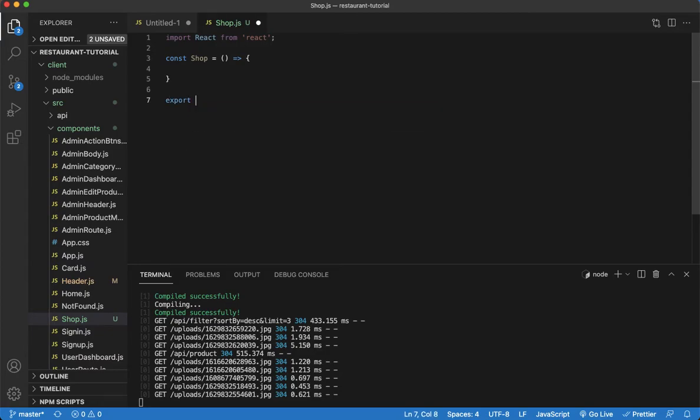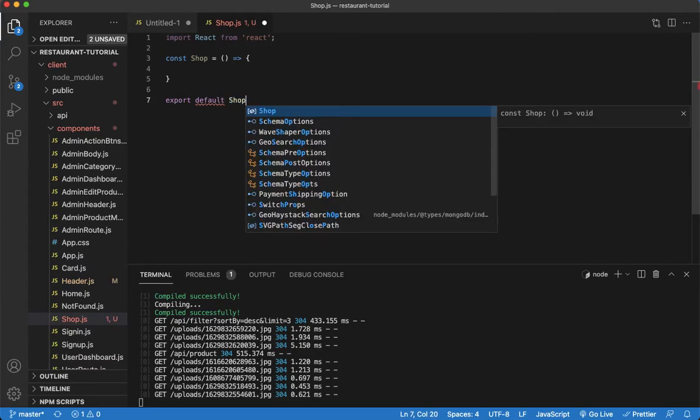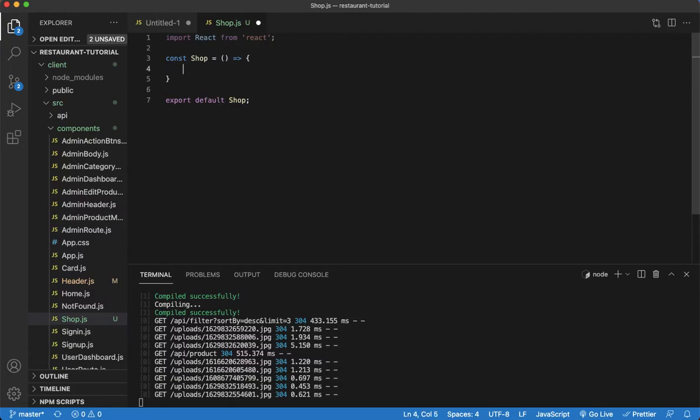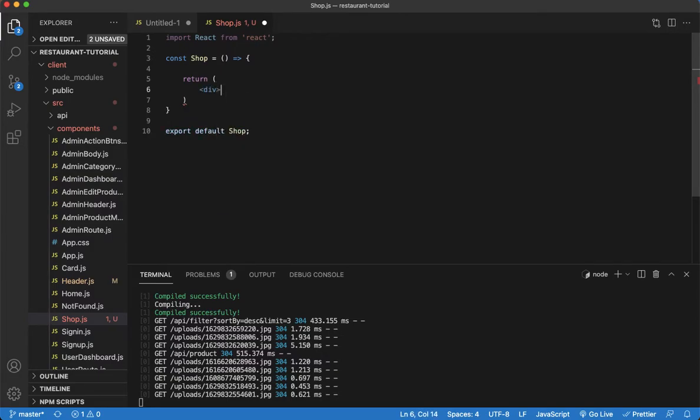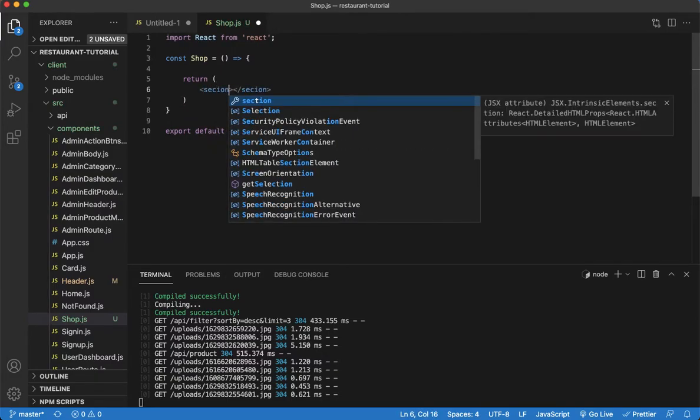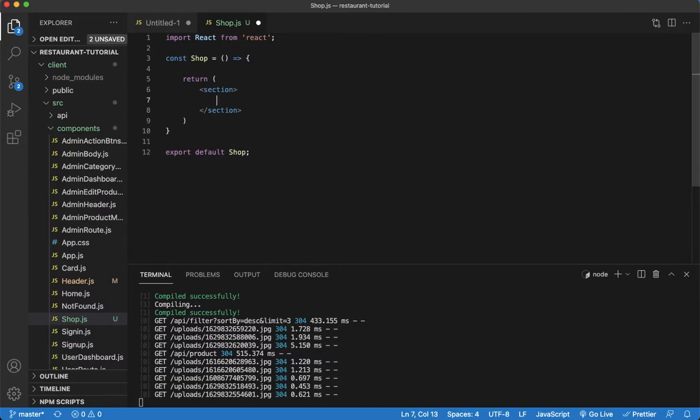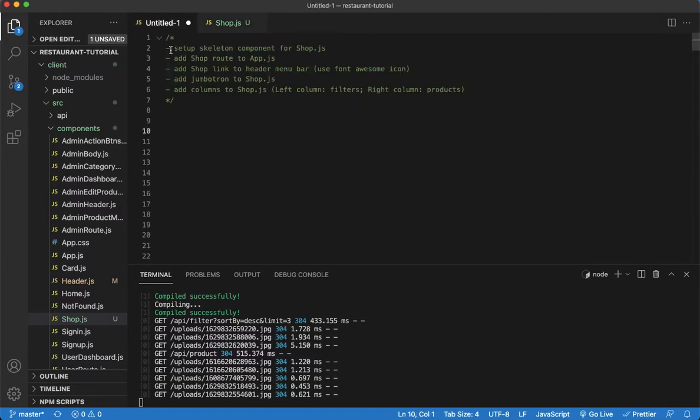We are going to export default shop. All right, so now within the shop component, I'm going to do the return. And here I'm going to add a section tag. In this section tag, I'm going to say inside shop component. All right, so that's it for that. Let me mark this off. All right, next is add the shop